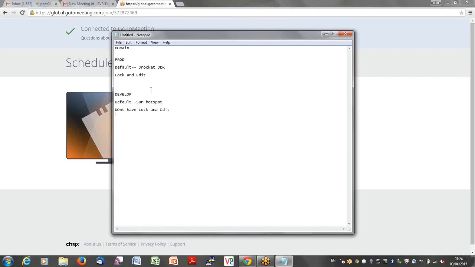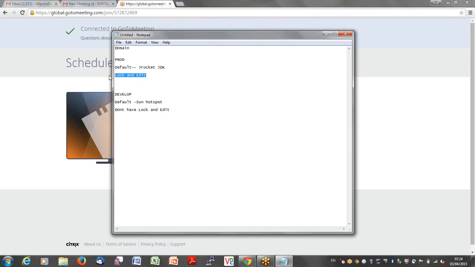Now let me explain what exactly lock and edit is. Lock and edit is a feature that has been added in WebLogic to avoid restarts when you make some configuration change. Normally, with any application server or web server, when a configuration change happens, the server has to be restarted. Then only will the new changes take effect, right? I think it's common on all the different technologies we use. Whenever there is a change in the configuration, the server has to be restarted, then only the configuration will take effect. So that is a normal process.